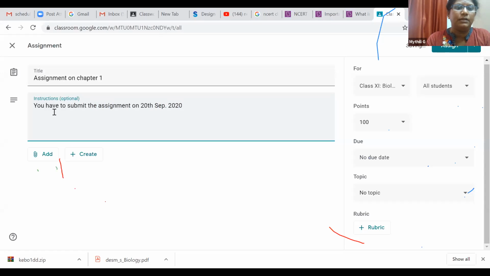Then for the assignment question, you can give the question itself, or otherwise you can say the assignment is attached here, and then tell them how to evaluate and all the things.